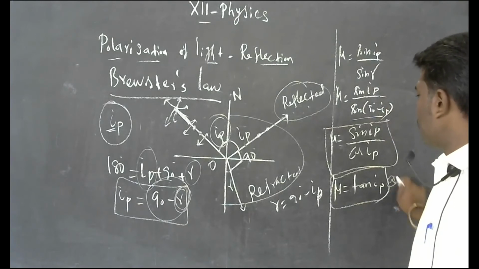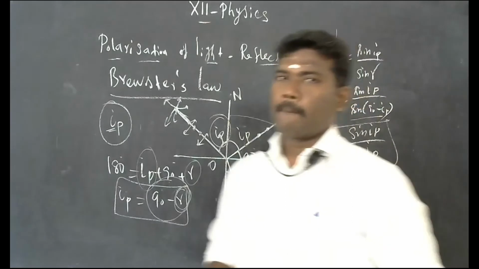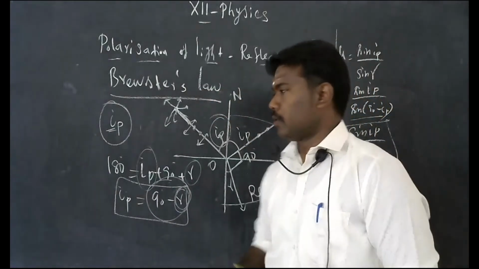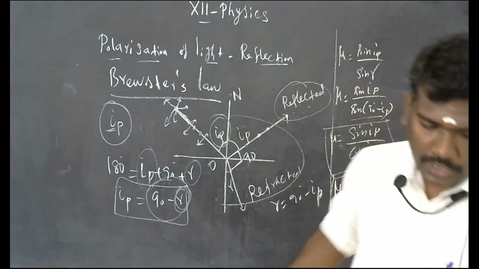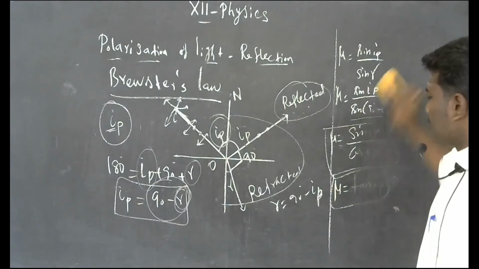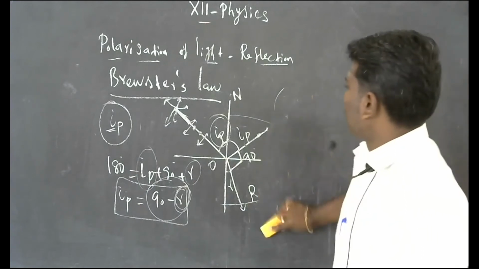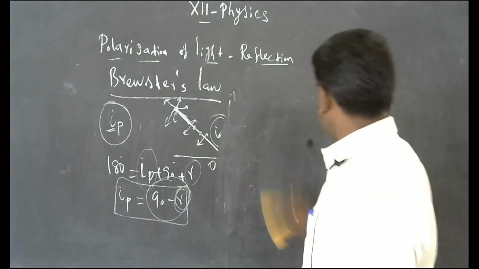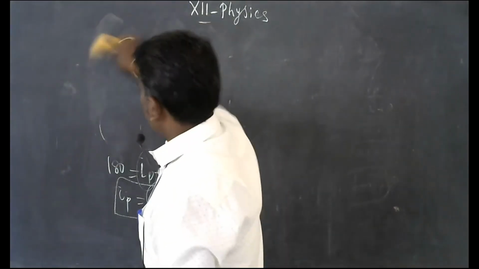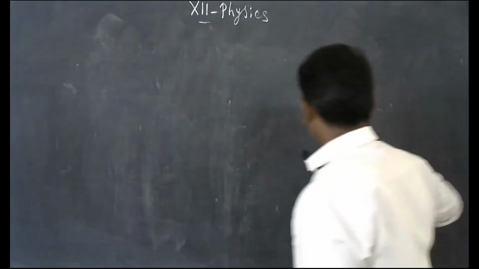So this is the formula related to Brewster's law, and this is the relation between refractive index and the polarizing angle. This is one of the important 3 mark questions. And already I told that in this question we have two separate 2 mark questions. One is the statement for Brewster's law, and another one is the statement for the polarizing angle. This formula is important for a numerical question also.